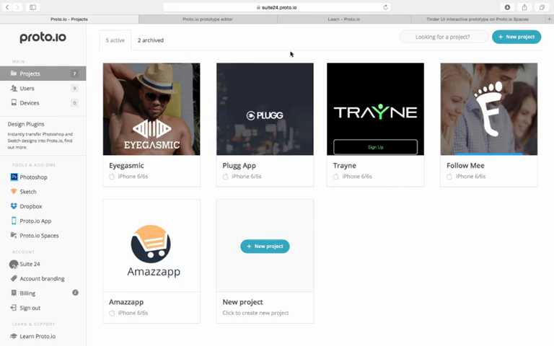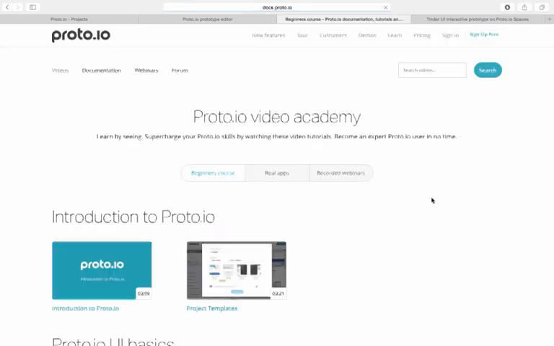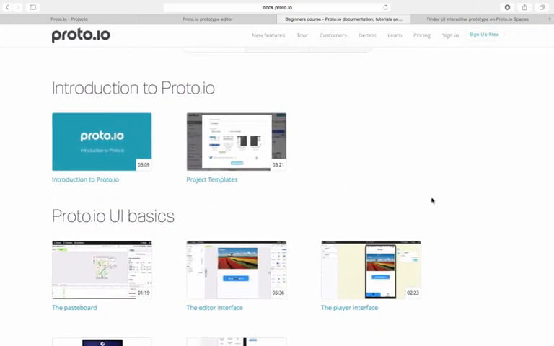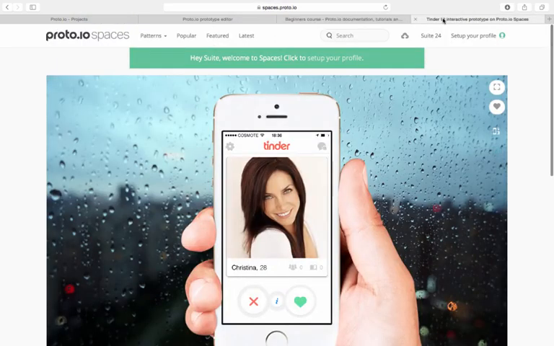So once you have it, then what you want to do is come in here and familiarize yourself with learning Proto.io. There are so many informative videos here, from beginner lessons to advanced lessons. I mean, it's amazing the amount of support you have, and it's going to help you with all the basics, everything you're going to need within Proto.io. So go through here, and then once you familiarize yourself with Proto.io,